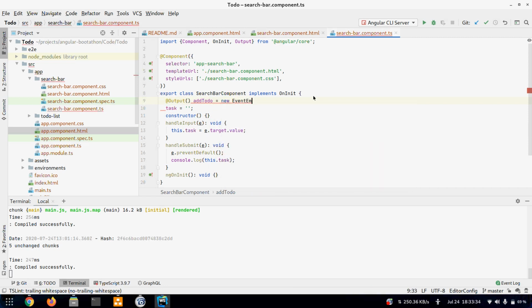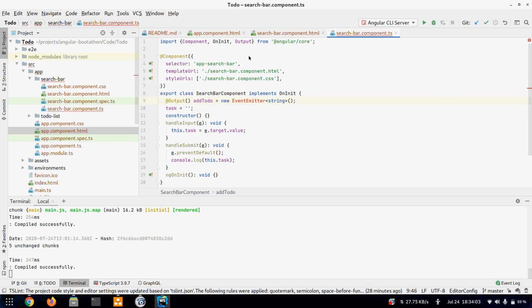It will be a new EventEmitter, and we can also give the type of data it will emit to the parent. If we don't give any type, then it says any, or we can explicitly specify it. Right now we'll always give a type of string, so I'll add string here.